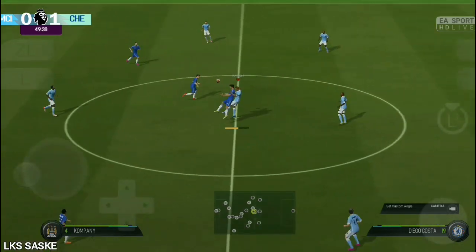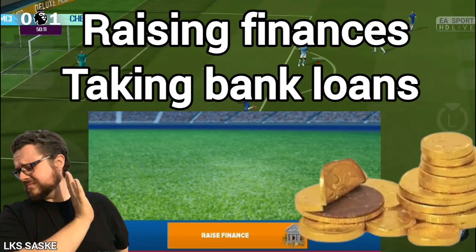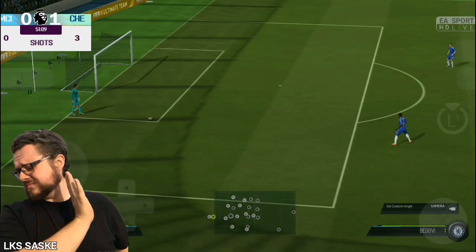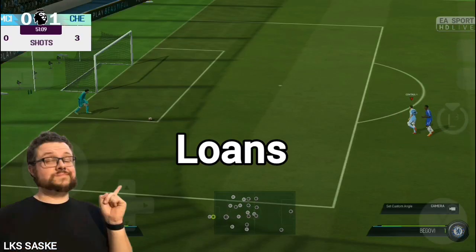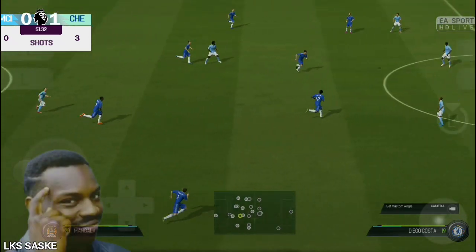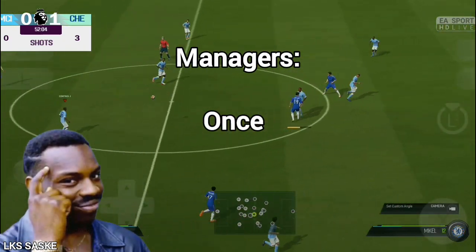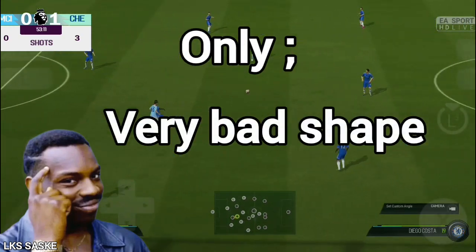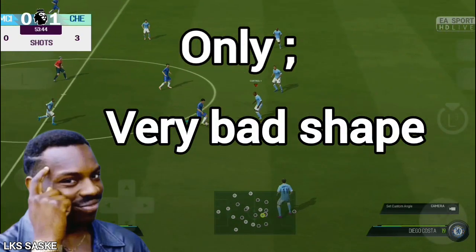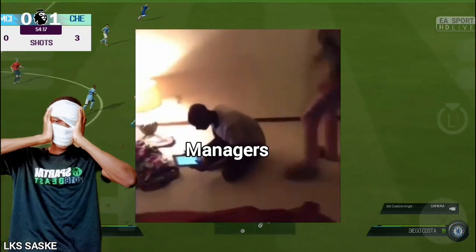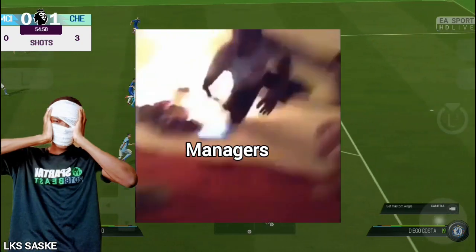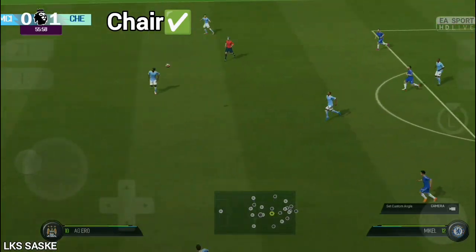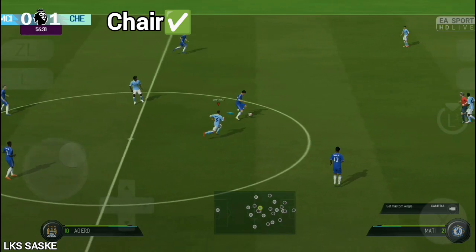Finally, talking about raising finances and taking bank loans. Most of the managers always mess up when they do this. But for a chairman like me, I will only get loan requests which I must pay in return. Raising finance as a manager should always be done once or at most twice in a season, only if your club is really running low and in the worst financial status. If you do a lot of this as a manager, you will end up in the sacking newspapers and have to start all over with another team. But for chairmen, we are only limited to loans once a season and cannot proceed to take another.